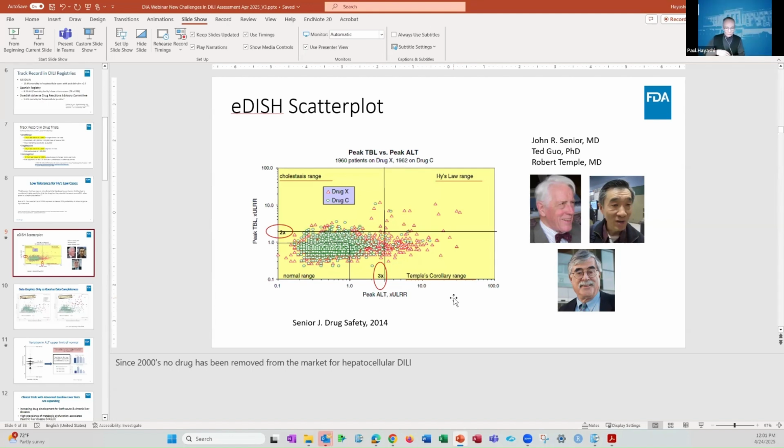Right. And you're absolutely right. That would still get you to capture the case. So I think, like I just said, 30 days is a good window. Usually if the bilirubin is going to be that bad, it's going to hit 2 times in that 30-day window. My point was, I've seen plots both at the agency and outside where they just said, well, it was outside the 30-day window, we're not going to plot the case. And they wouldn't be on the plot. And I said, don't do that.